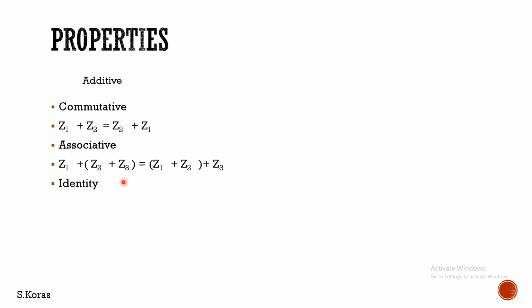Here, let us see what will be the identity of a complex number. That is Z equal to 0. Here 0 is your identity because, let us consider a complex number Z, if you add this identity to this complex number, your complex number will not be altered. There is no change in that complex number. It is not harming the given complex number Z at all. Hence, Z equal to 0 is called the identity.